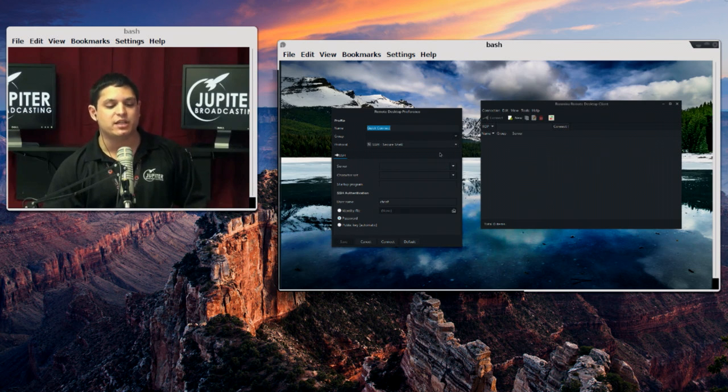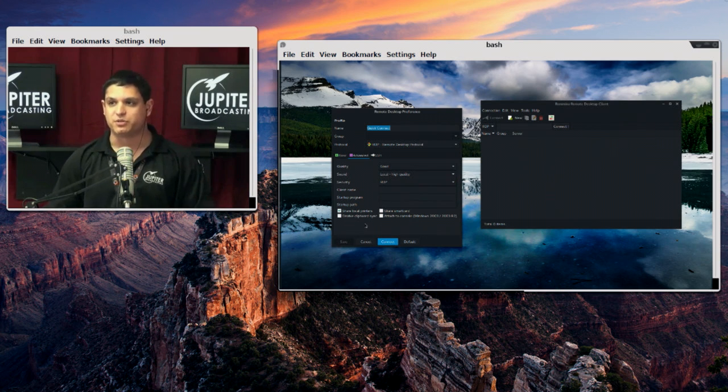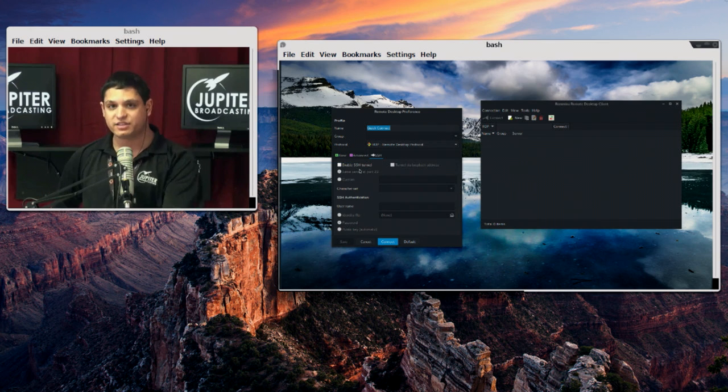But the important thing to understand is that many times it is very difficult to switch somebody from Windows to Linux whole hog. But with tools like this, if you are a Windows administrator, the first thing your boss is going to tell you is you can't install Linux because we need you to be able to get into all these servers and control them and this, that, and the other. And you can say, no, listen, I will provide my own RDP client, and then I'll be able to get